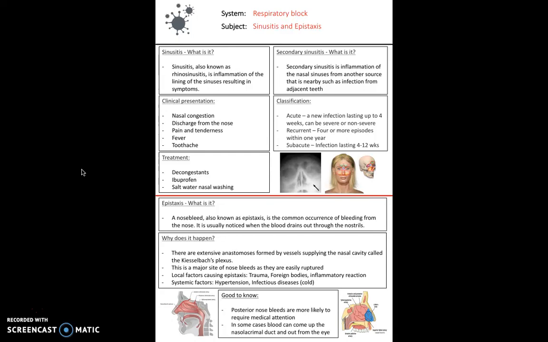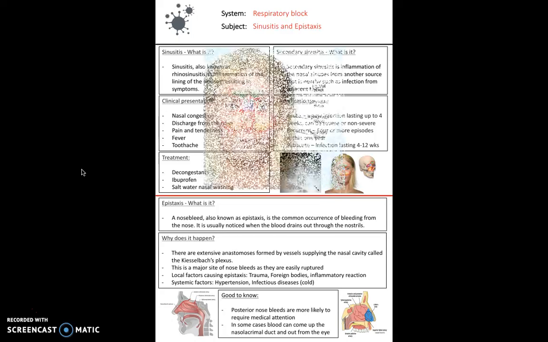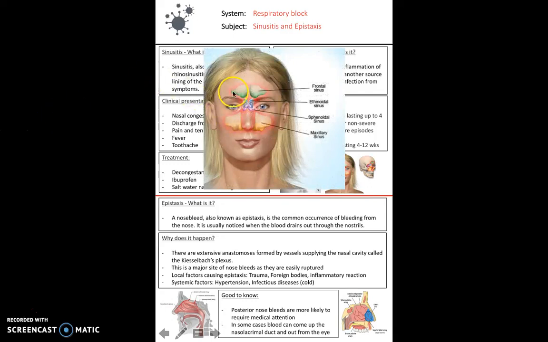Essentially, understanding the location of the 4 sinuses normally allows you to be aware of how this disease manifests. So it's the lining of these sinuses, so it could be the frontal, the ethmoidal, the sphenoidal, or the largest sinus, the maxillary. We were also taught about epistaxis, which is just another word for nosebleed, and this quite commonly